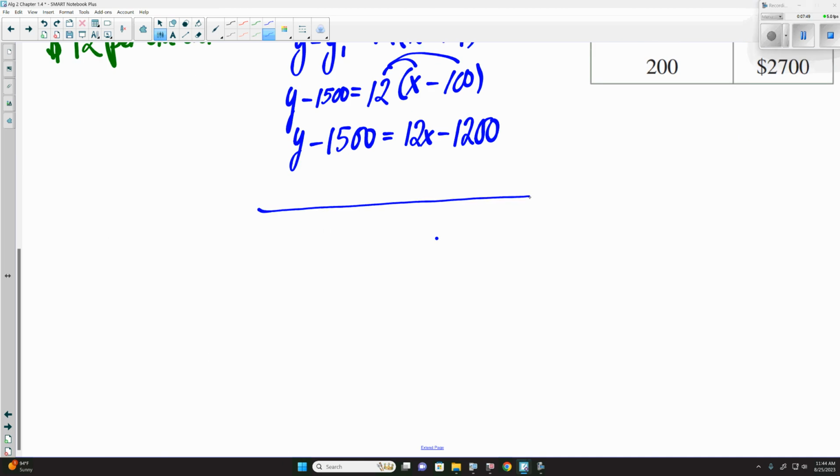Now there's only one more step to get y by itself, because the only thing with y at the moment is our 1500. And to move it to the other side, we would